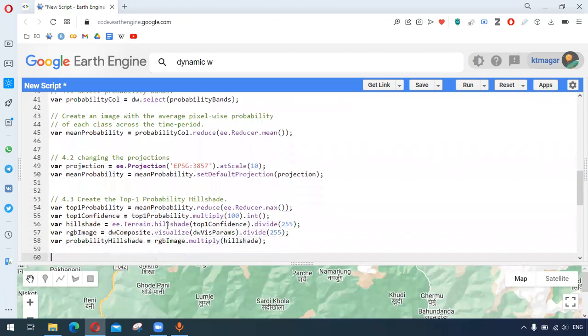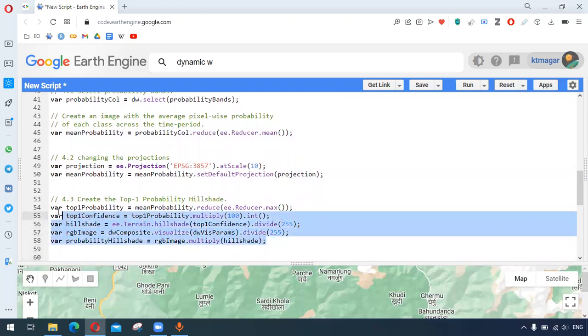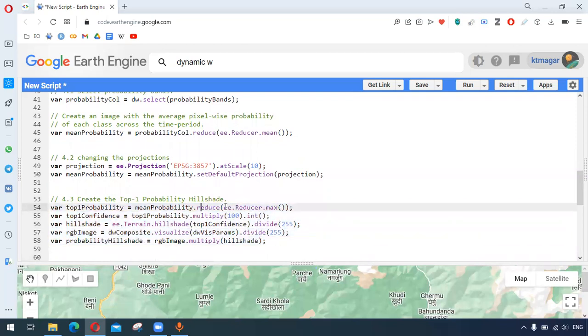And for creating the probability hillshade, this is similar to the previous video. Here we are just using that maximum pixels for each class from that mean image we created before, and then we make sure that this can be utilized in the algorithm. For that, we are multiplying it by 100 and converting it to an integer. So this is for the algorithm, and